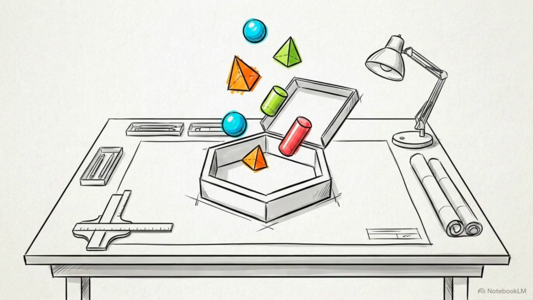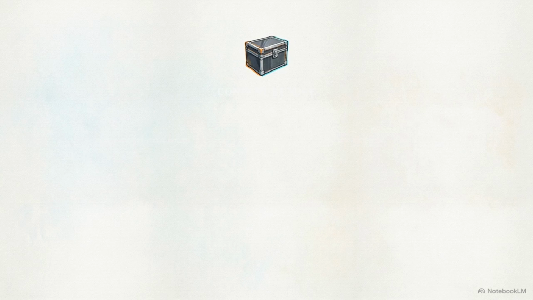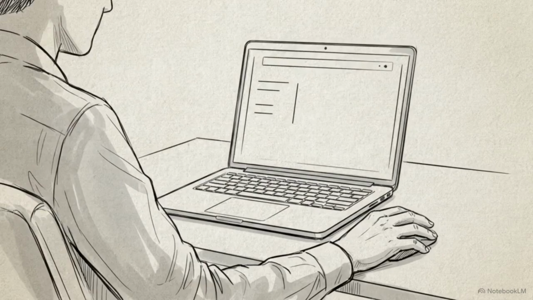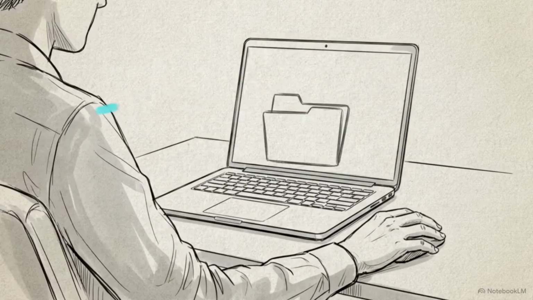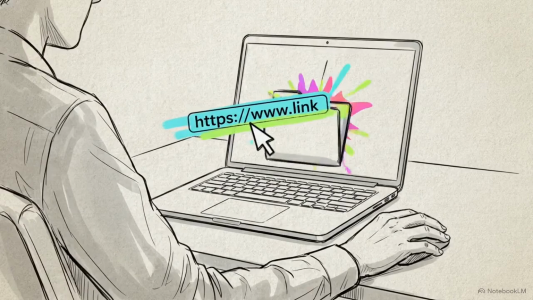You can deploy these assets right now to launch and scale your own faceless YouTube channel, building an audience from your computer. This flowchart details your second option. You can take this exact bundle of digital assets, package it as a freelance service, and sell it directly to local businesses for a high profit margin. This workflow shows that value comes from the specific sequence of actions, using these tools to turn a raw link into a functional